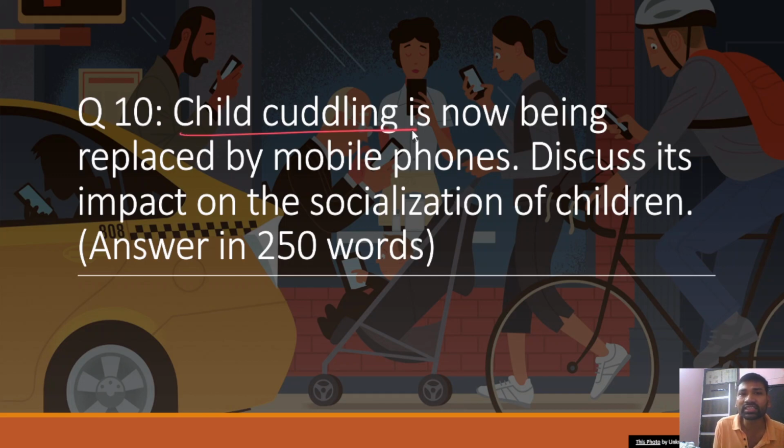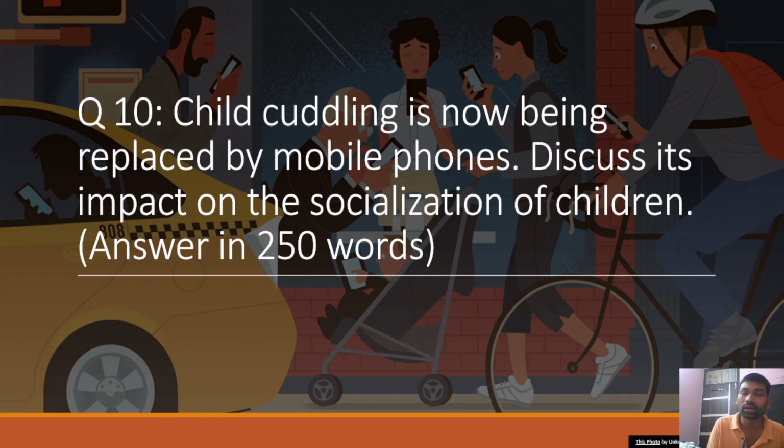So a healthy child cuddling would lead to a healthy process of socialization, and a healthy process of socialization would build a sustainable social capital. However, now this child cuddling is being replaced by mobile phones. Now everyone has access to mobile phones, I mean, most of the people have access. So this access to mobile phones has both positive effects and negative effects also. But we need to focus on how child cuddling, which is replaced by mobile phones, is impacting the socialization